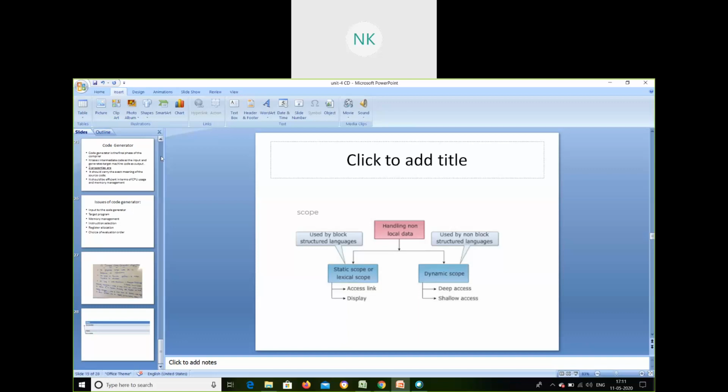The names will not be created at runtime at all. Since it is there in the slots, it will be taken at the time of compilation. It will be taking the things which are already there.